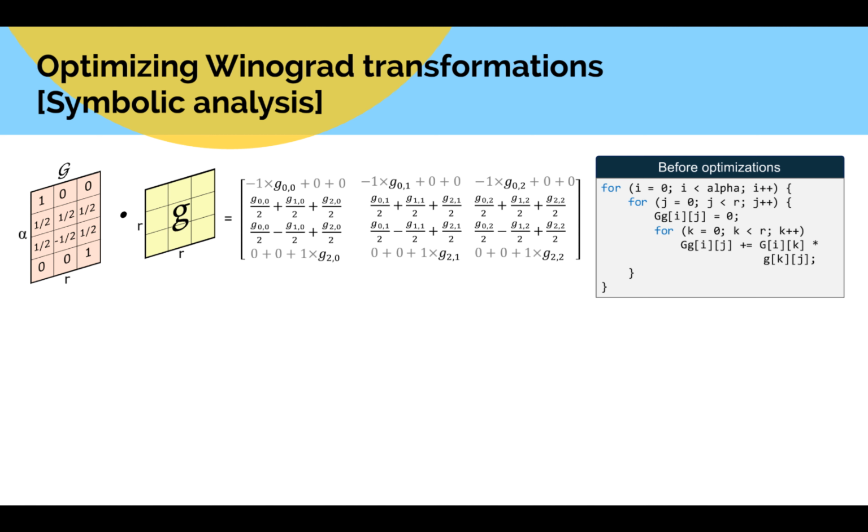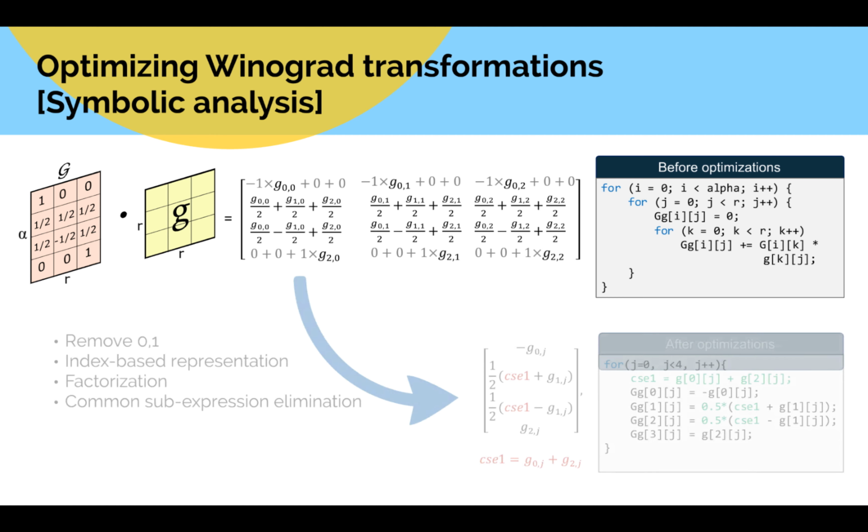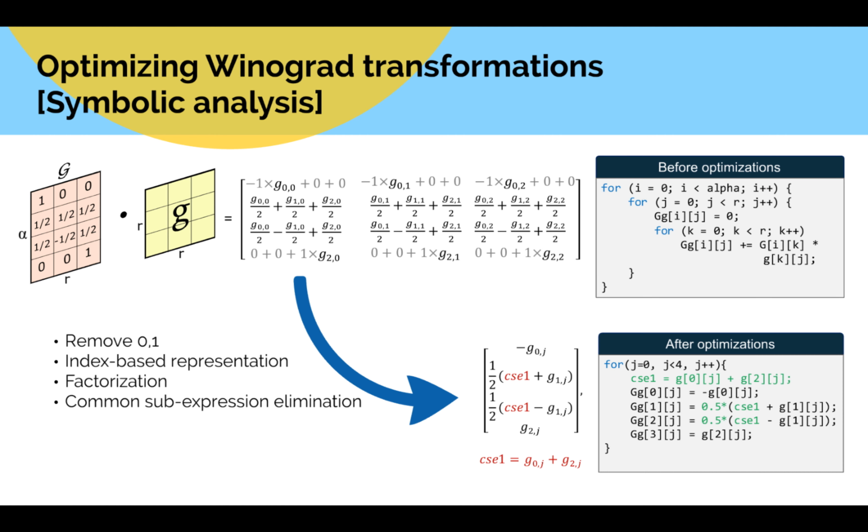However, since the transformation matrix elements are predefined, we can do prior analysis to simplify the multiplication. Thus, with the help of symbolic computation, we remove constants such as zeros and ones, represent the matrix by indices, apply factorization, and remove common subexpressions. The resulting matrix is much simpler, and the code after optimization only needs a single loop,